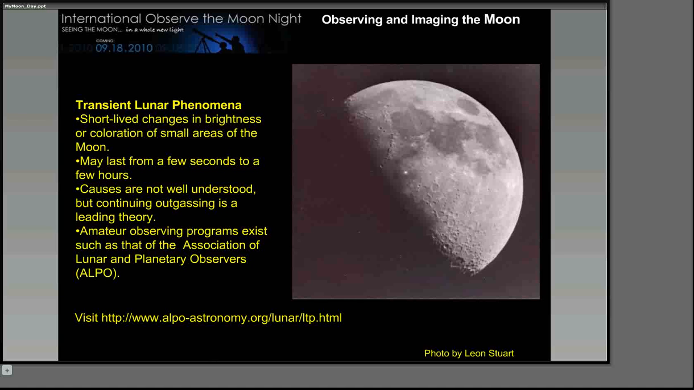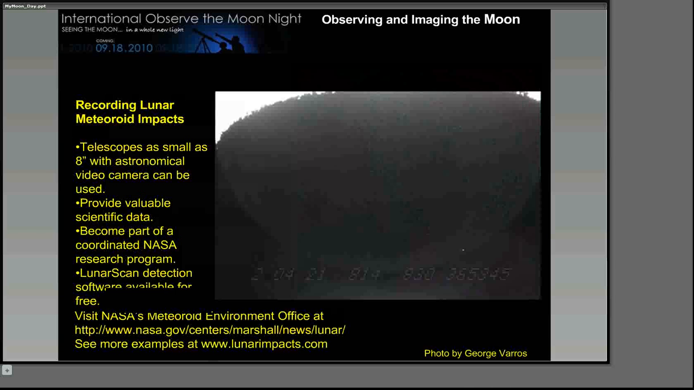Continuing along those lines, there's another program operated by NASA's Meteoroid Environment Office, and I'm listing the URL here, to actually watch for meteoroid impacts on the moon. Typically what we'll do is we'll look at the dark portion of the moon, because that's where those flashes will show up best. Here you can see an image by amateur astronomer George Varos, and I'm going to try and